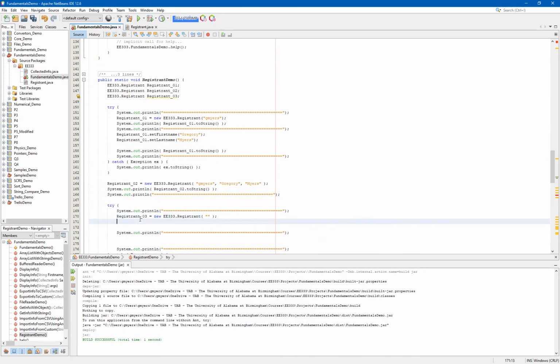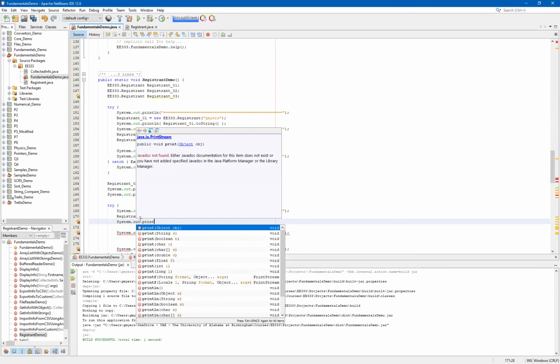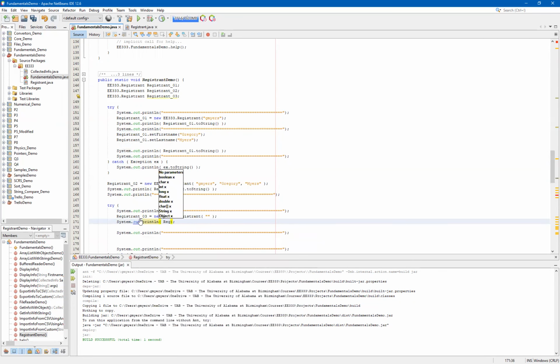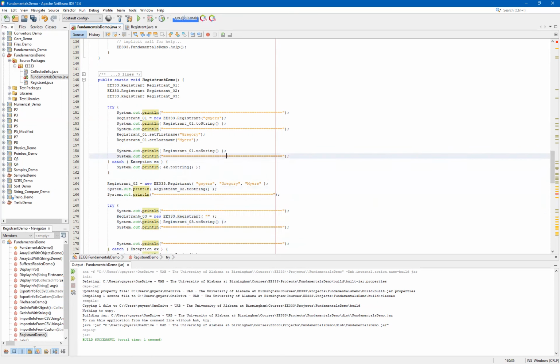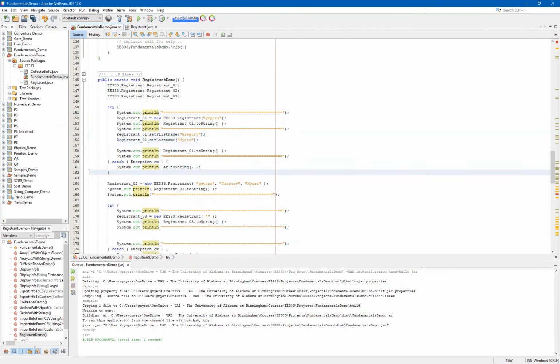And at this point, then we can just mimic what we did with the first registrant. In other words, what we'll have here is a system.out.println for our registrant_03. And we're going to attempt to make a call then to our toString method. And then likewise, what we can do is follow up with the pattern that we've done earlier by simply changing our registrant